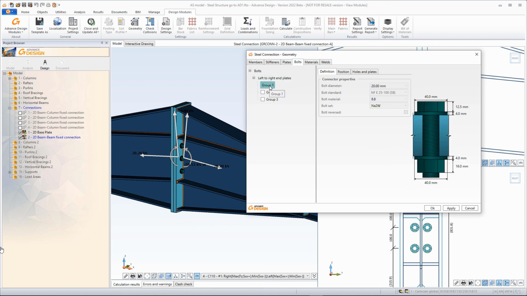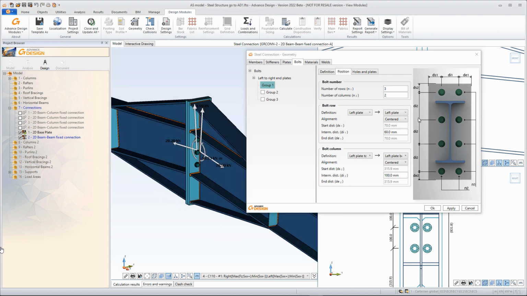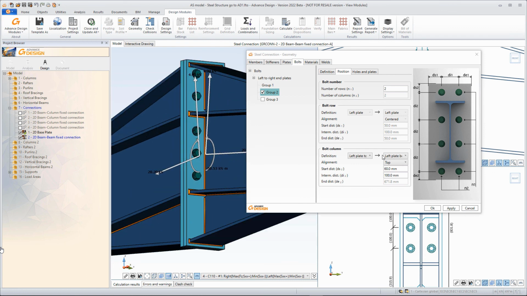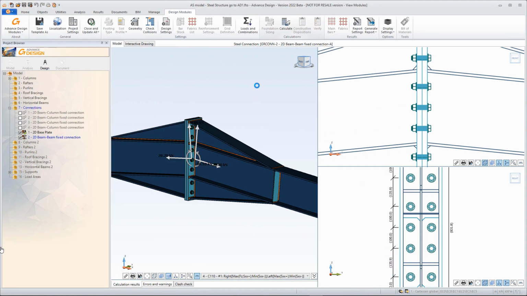You can work step by step by playing with the settings to converge to the final connection you want to model and design. So here you also have a notion of groups available for the position of those bolts to manipulate them quickly here.